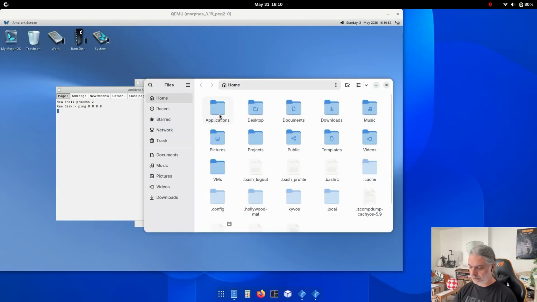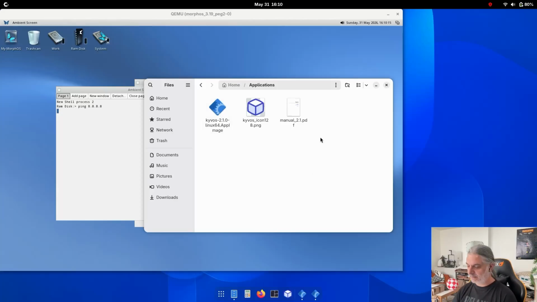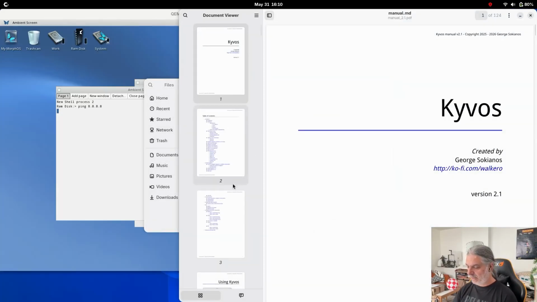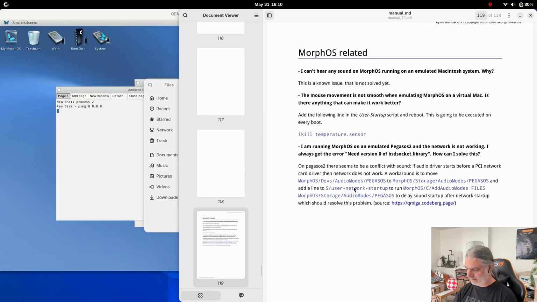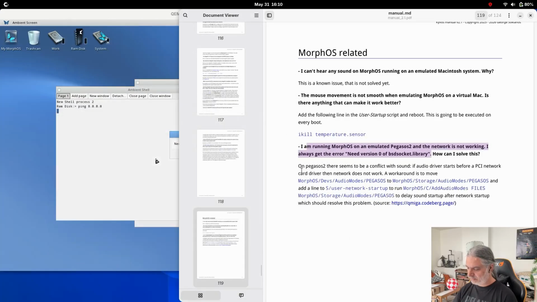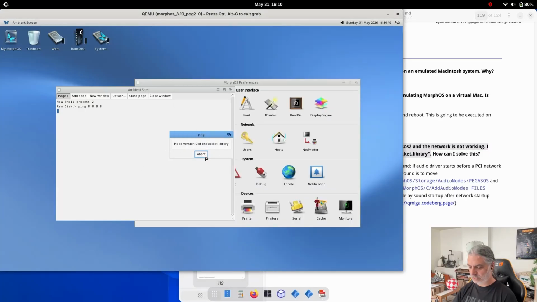If you download the manual that I provide with Kyvos, and we can go to FAQ MorphOS related, there is an FAQ about what to do to fix it. So I'm going to apply this fix. So what we need to do, if audio driver starts before a PCI network card driver, that network does not work. Okay, so we need a workaround, which is to move the MorphOS Pegasus